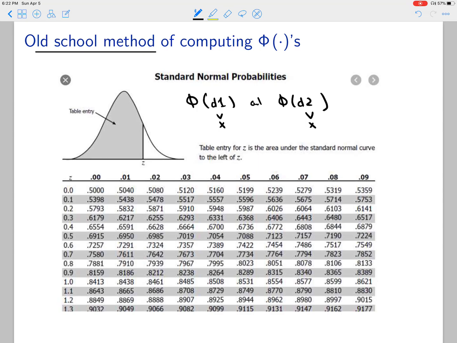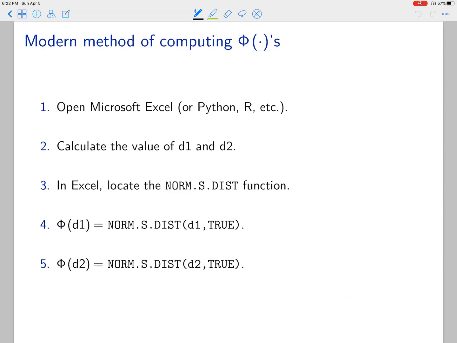It's not used in real life. You'll never use this again after you get out of college, and you're prone to error if you use this type of method using these tables. So I'm not going to spend any time whatsoever telling you how to do this like you did in Stats 101. What you want to use instead is Excel or any other statistical software